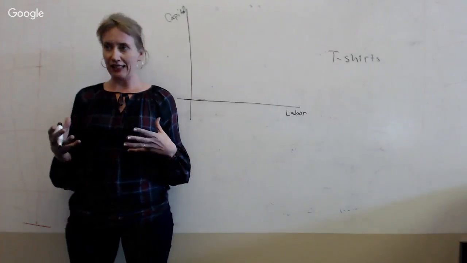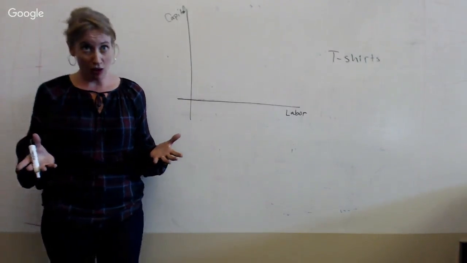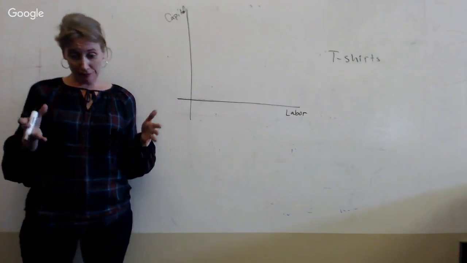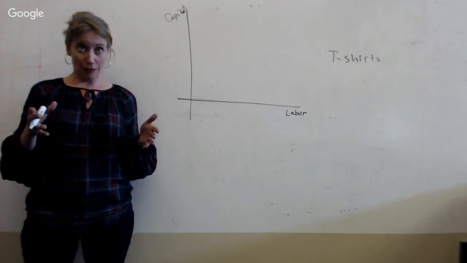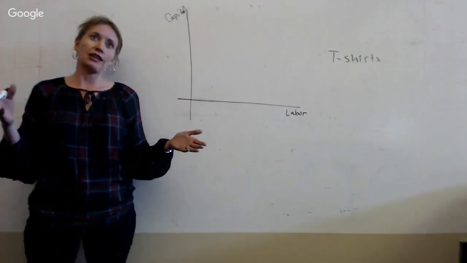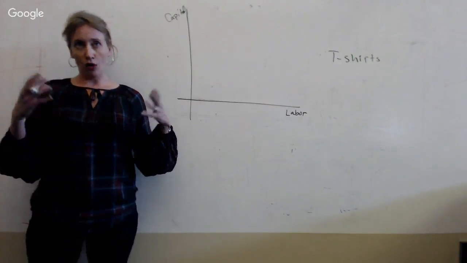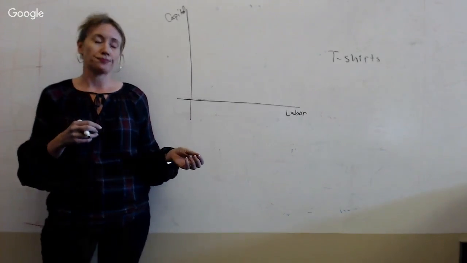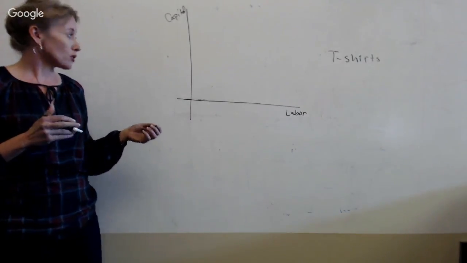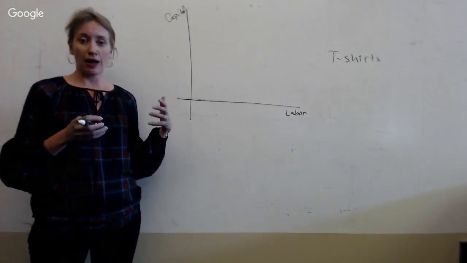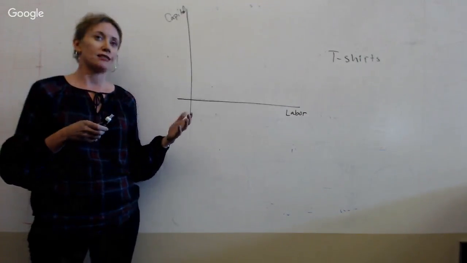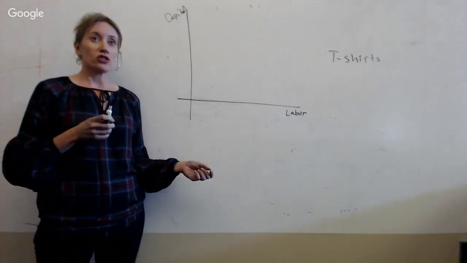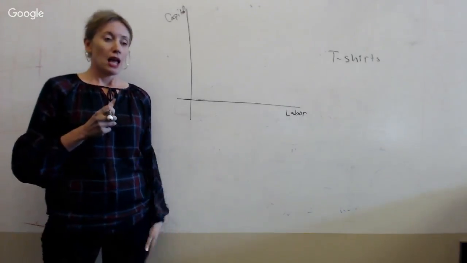And we'll think about the land as maybe the factory that our manufacturer uses. And in the short run, that factory is going to be fixed. We can think about maybe the firm has a multi-year lease on the factory or owns the factory and can't expand it or contract it in a short period of time. The firm is also going to use capital. So we can think about capital as maybe the machines that help the workers cut and sew the cloth to make the t-shirts, and labor.